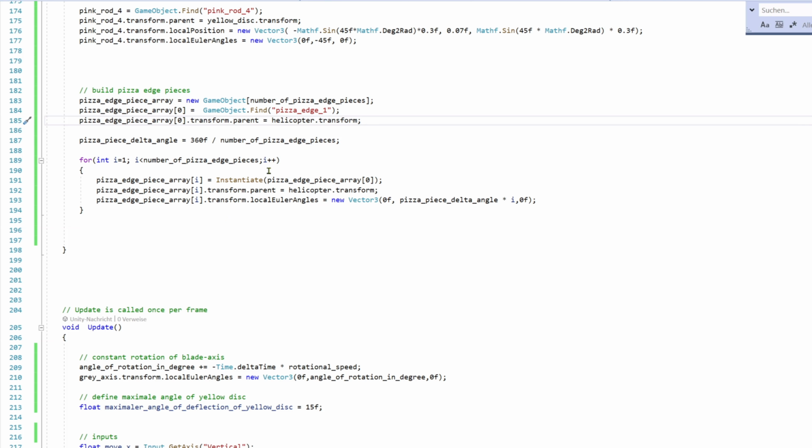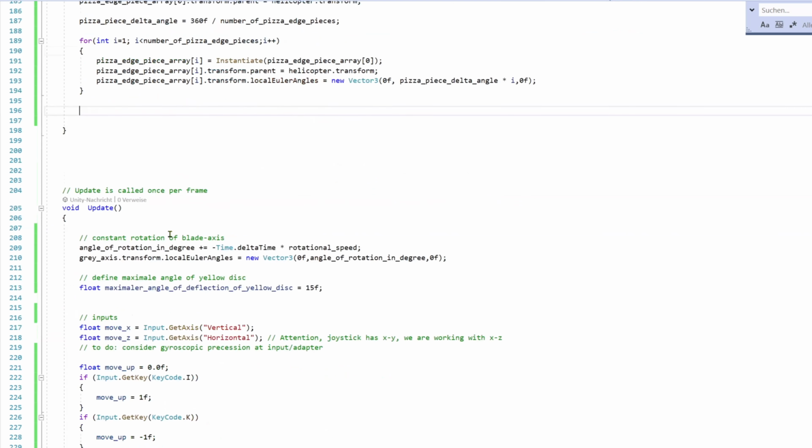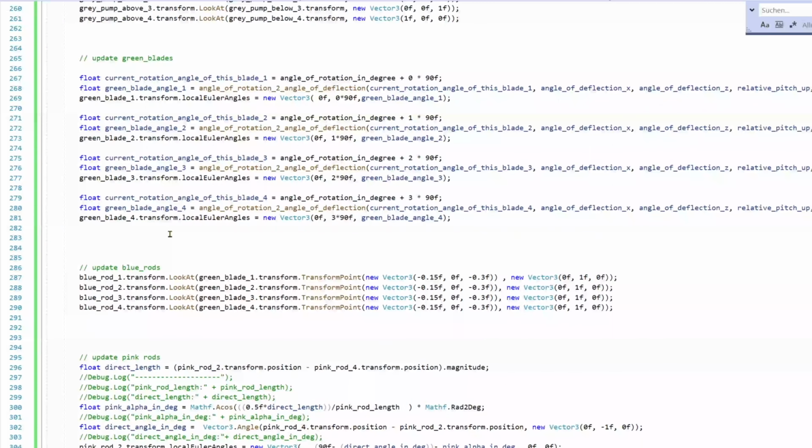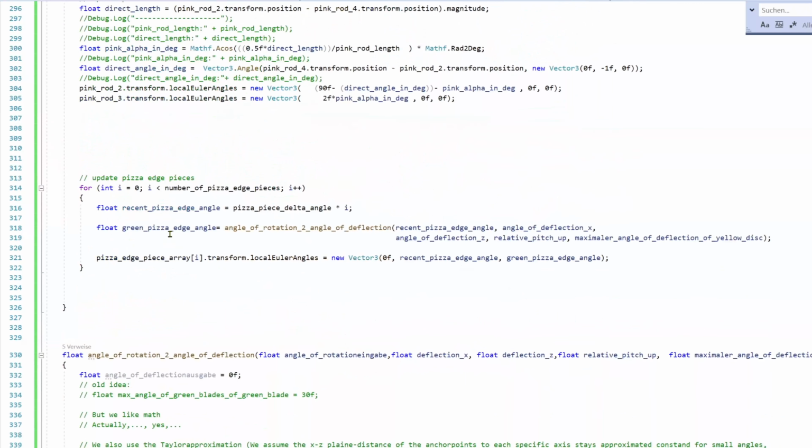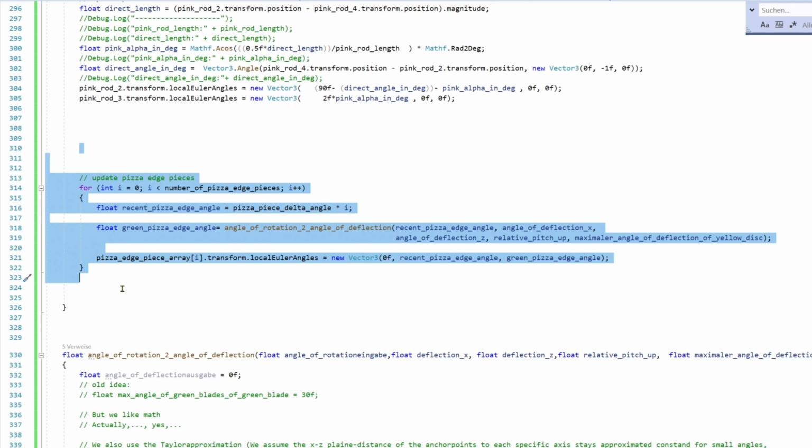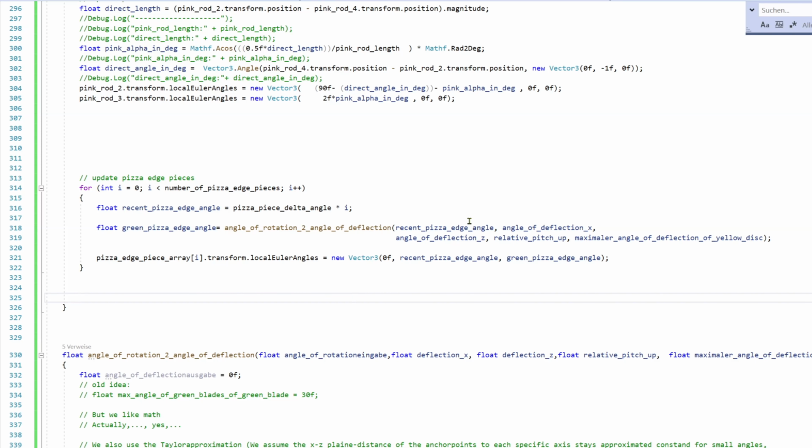And in this specific part of the start function, I wouldn't even need to orient those, because I'm going to regularly orient those blades within the update function. And here we see how I go through all of them, and for each blade I calculate the angle considering the specific angle I'm looking at, and now I get the new angle of orientation.